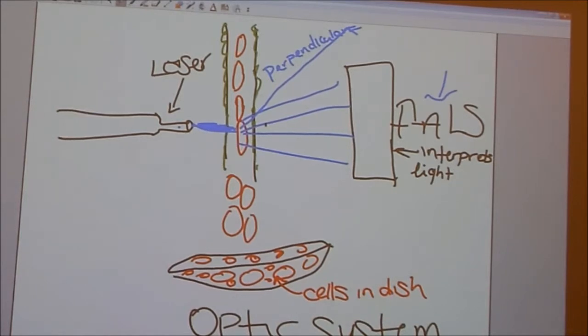Forward scatter measures scattered light in the direction of the laser path, as well as the size of the cell. Side scatter measures light 90 degrees to the laser path, which is the forward angle light scatter, and the granularity of the cell. Because the fluorescent light emitted by the cell can go in either way, forward or side. So as the cell passes through the light,